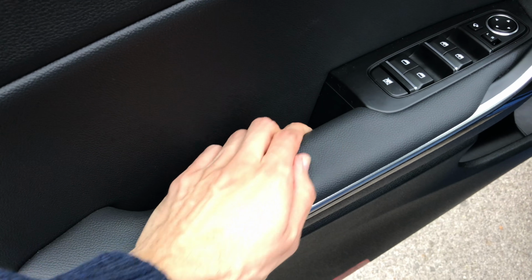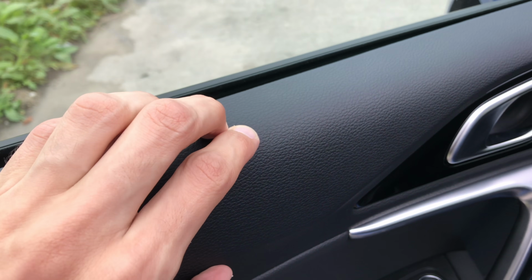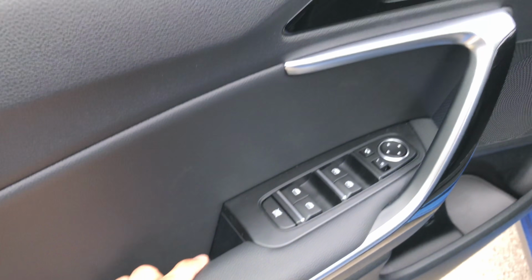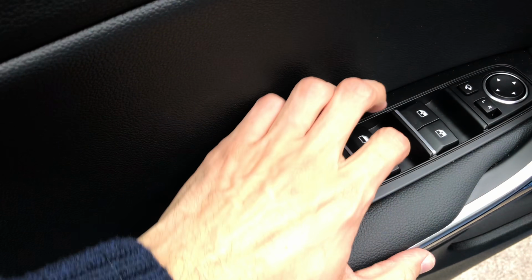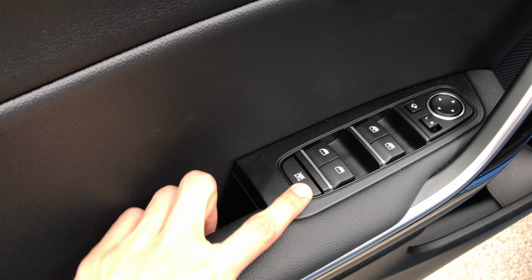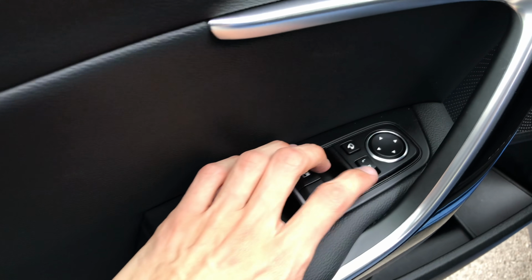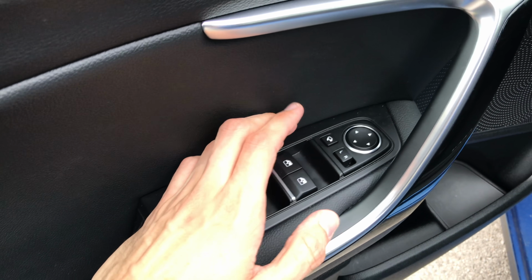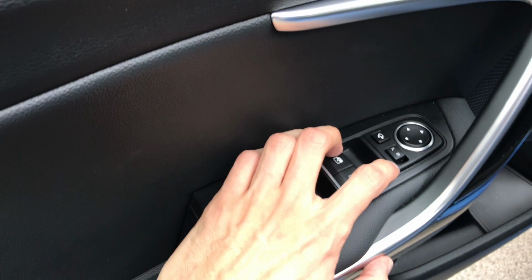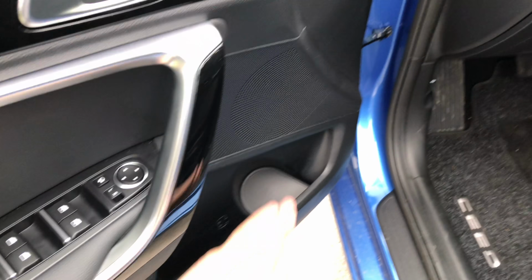Now this is leather. This doesn't feel so bad. It's a soft plastic, but it feels nice. Nothing here. I mean, the buttons are plastic, but for this price range, this is really nice. I'm gonna put the price in the video description. Of course, you have your heated mirrors here. Excuse me, not heated, but foldable. You can adjust the mirrors, bottle, speaker,